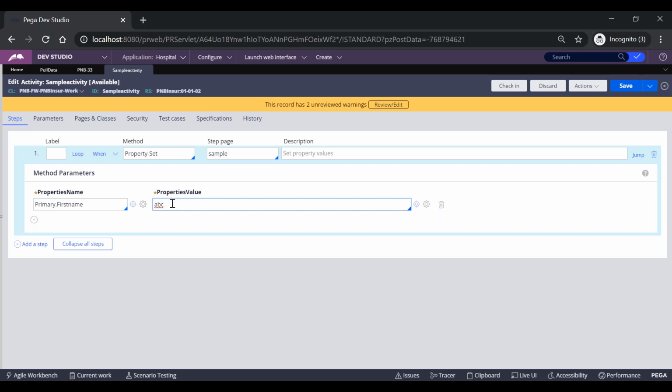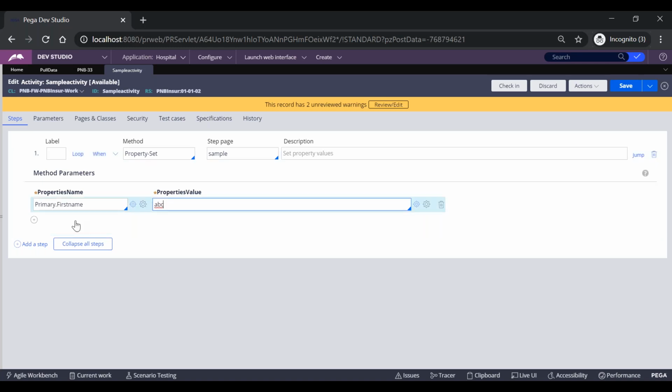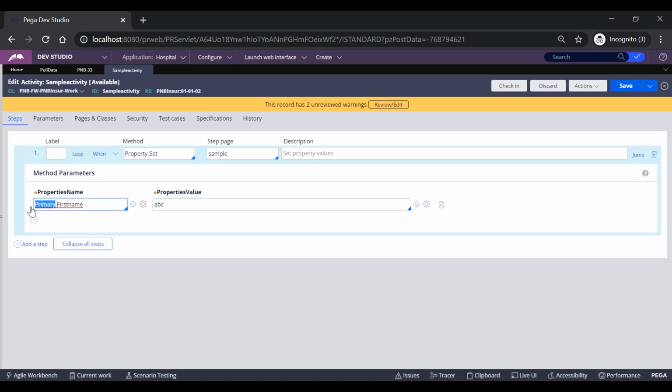If I want to use the same activity in services, say in some web services, there I have to set the firstName property to another value, like 1, 2, 3 or any value. Likewise in integrations, on the integration's main page, if I have the firstName property and want to set some value, I can do this. In that case, PRPC will automatically consider this primary keyword as my service page.